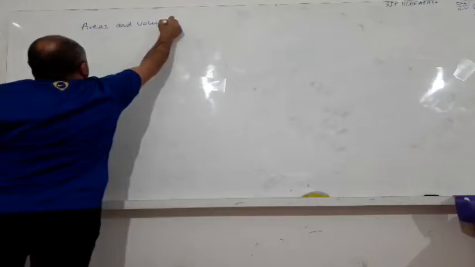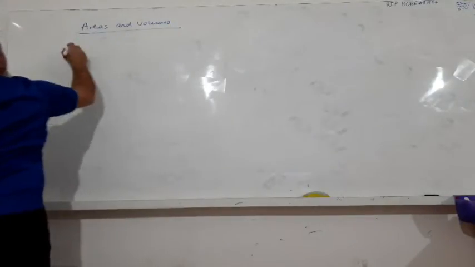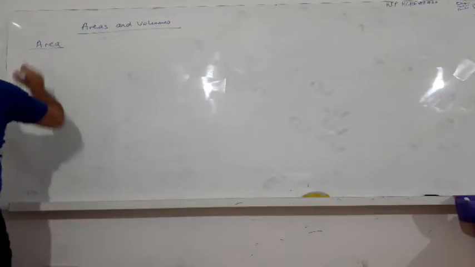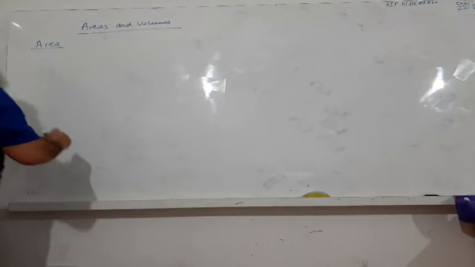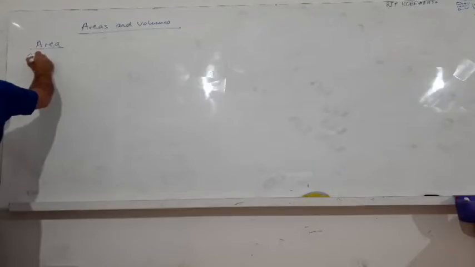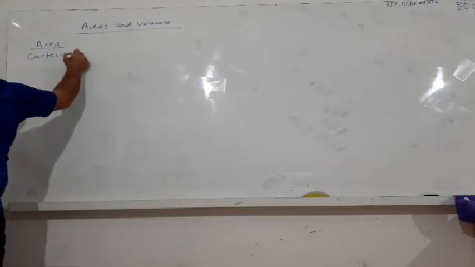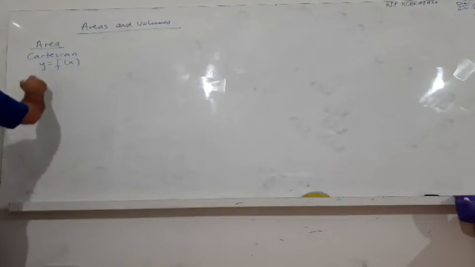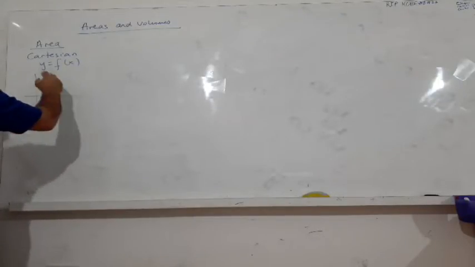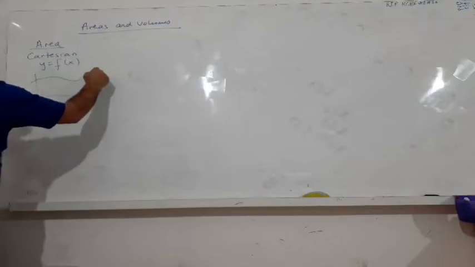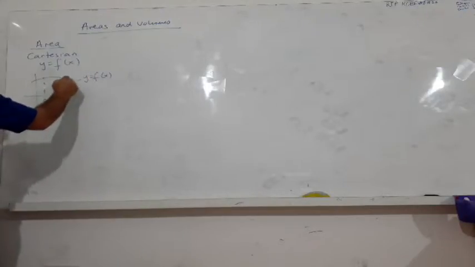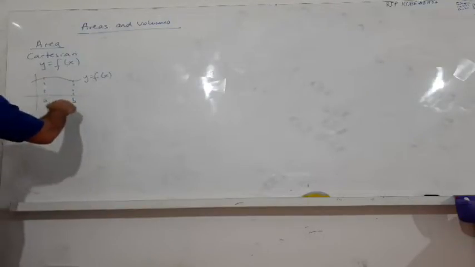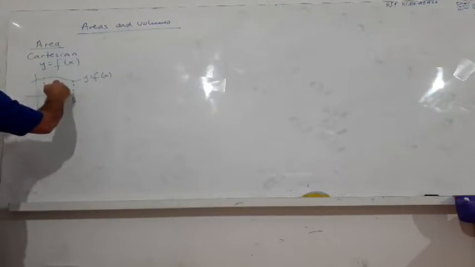To be able to find the area, if the equation is Cartesian, meaning y is equal to f of x, if this is the function f of x, and if we need to find the area between x is equal to a and x is equal to b, we use integration from a to b